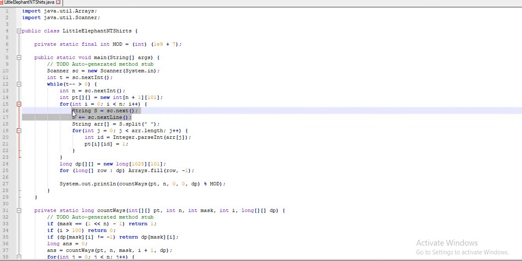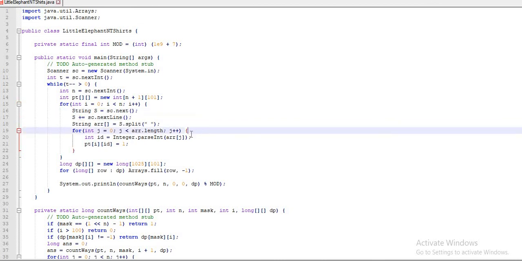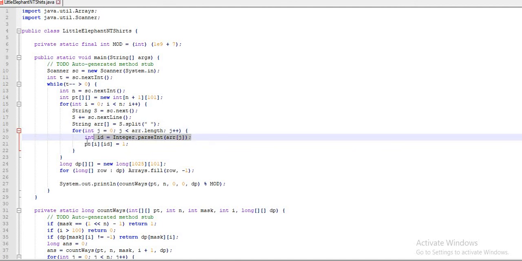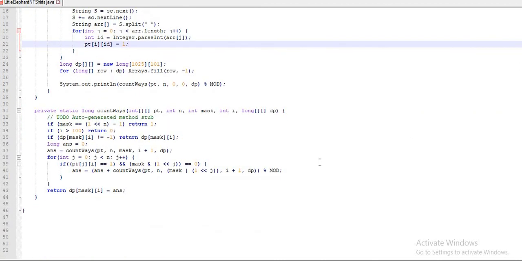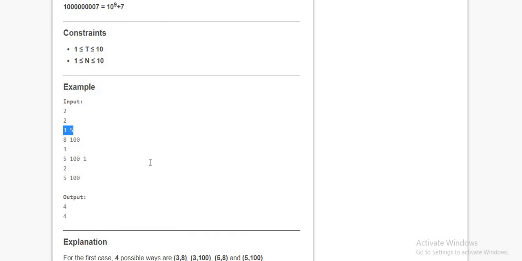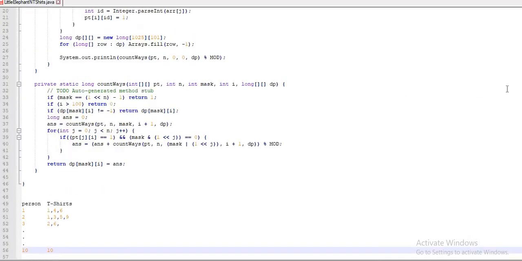Now after accepting it, first I am converting my string to an integer value, and in PT, for the ith person, the t-shirt ID value I am putting as 1. For example, let me draw it again.